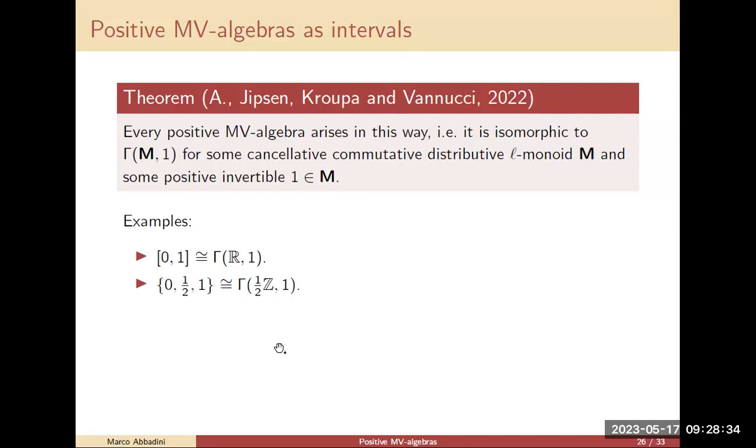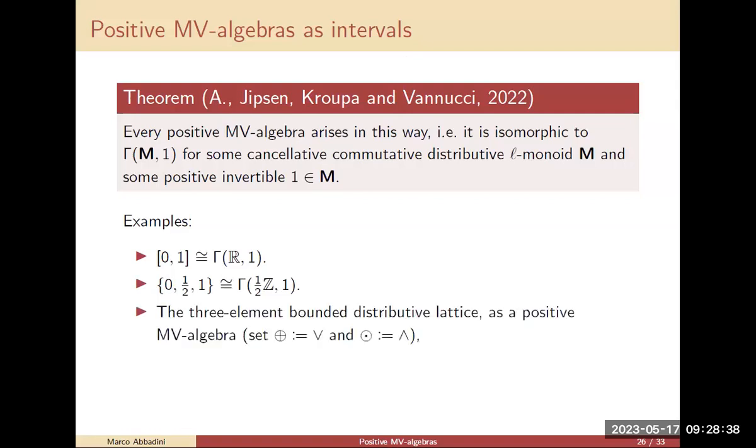0, 1 half, 1 is the interval of gamma of 1 half Z 1. Also, any bounded distributive lattice is a positive MV-algebra. So, for example, the 3-element bounded distributive lattice is an interval of something. Here, it's a positive MV-algebra by taking plus to be join and times to be meet. What is it the interval